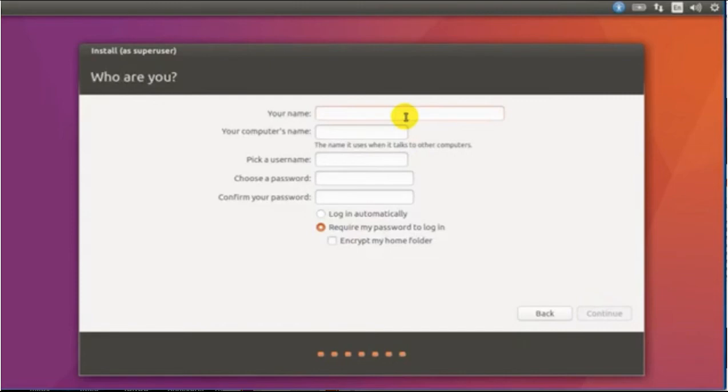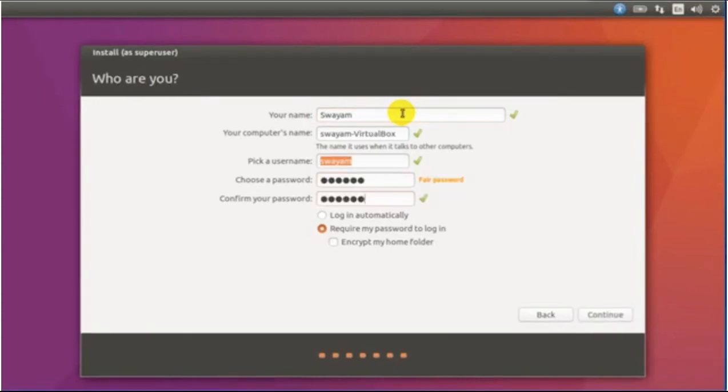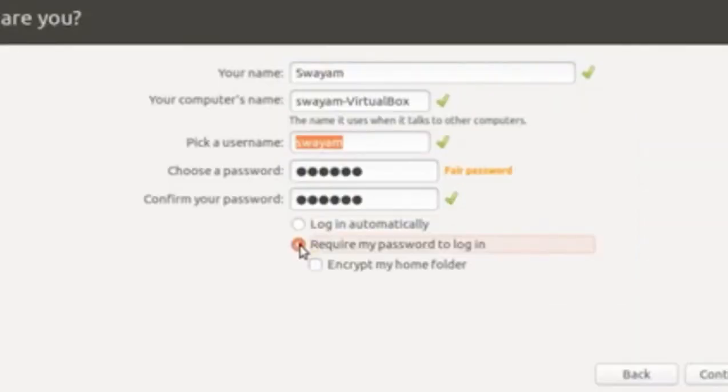In the Who are you window, super user details are to be filled. These details will be used for sudo access also. Enter the name; your computer name and username come automatically once you enter your name. You may change the username if you don't want to keep the suggested username.